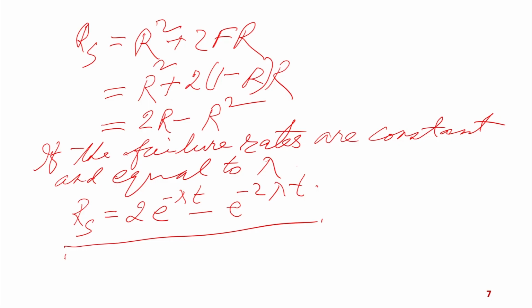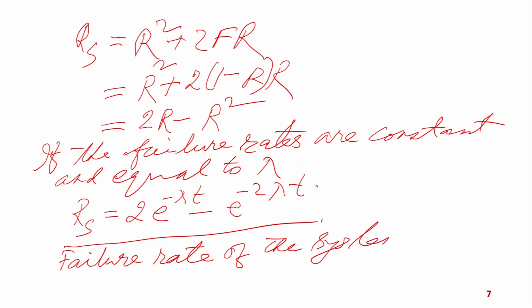So, the failure rate of the system: I can write lambda s is equal to f(t) by R(t). This we already did earlier. So, lambda s is equal to f(t) by R(t),